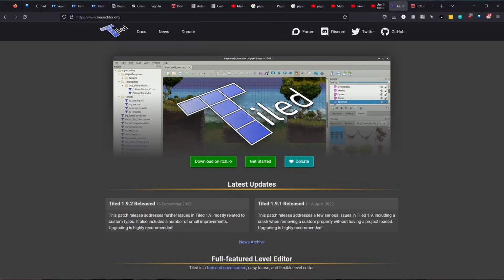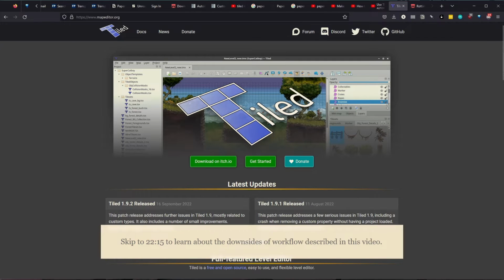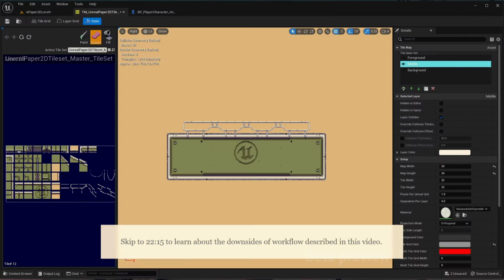This is a short video about using the Tiled map editor within Unreal Engine Paper 2D projects. The reason we would want to use something external to an Unreal Engine Paper 2D project is because the built-in tile map editor that is provided by the Paper 2D plugin in Unreal Engine is just lacking in a lot